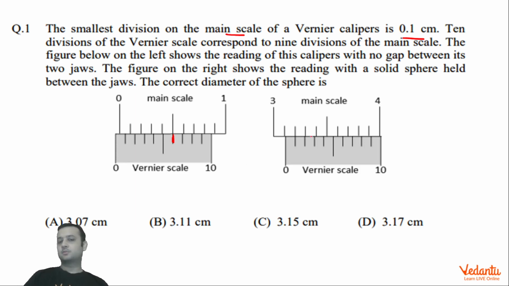Now if you go back to the reading, between 0 to 1 you can see there are 10 divisions on the main scale, right? So this is the 31st mark, because between 0 to 3 on the main scale there would have been 30 divisions, and this is the 31st division. So 0 of the vernier scale is lying just ahead of the 31st division of the main scale. So reading on the main scale will become 31, and you can see the first reading of the vernier scale coincides with the main scale, right?